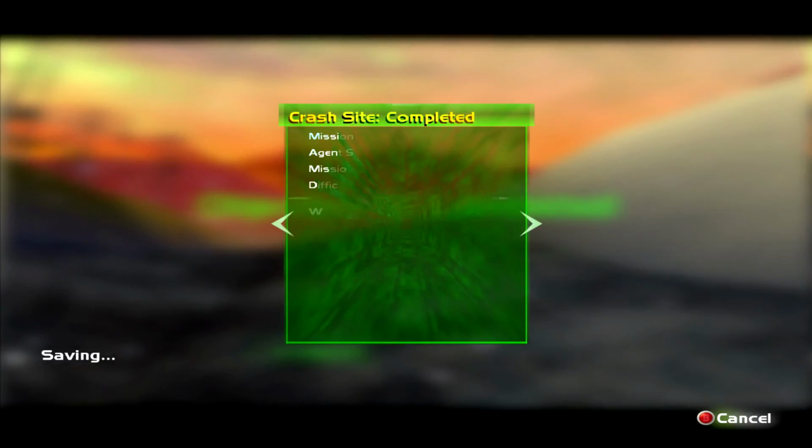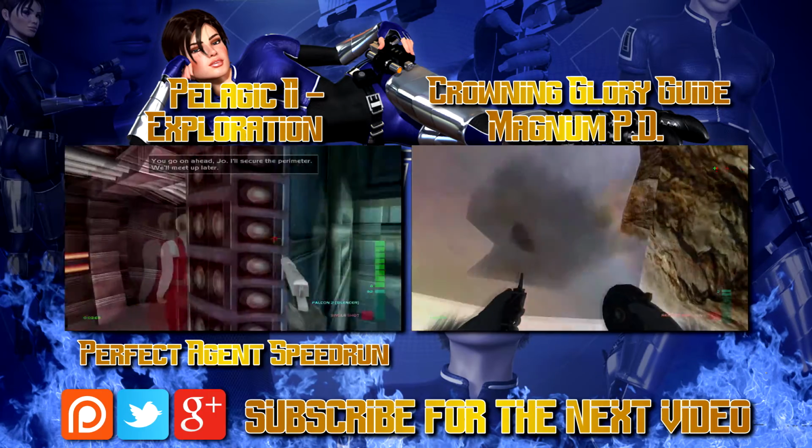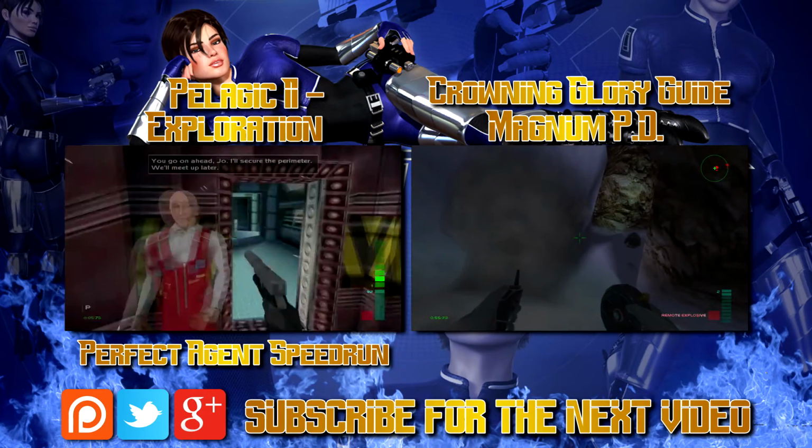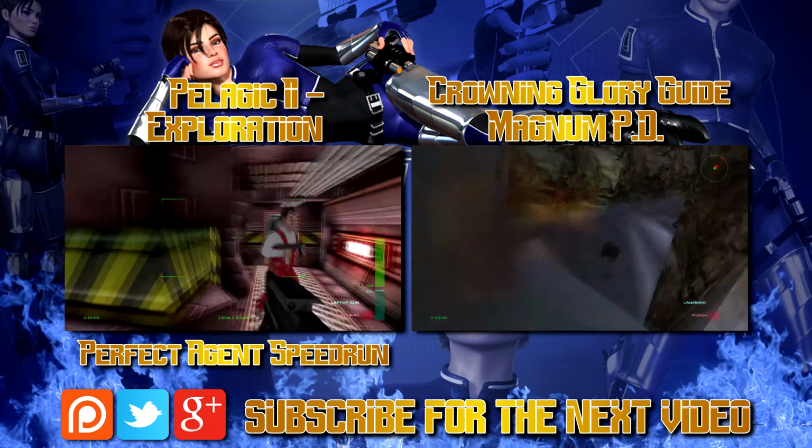The next level in the Perfect Agent speedrun is Pelagic 2 Exploration. You can watch this by clicking on the video to the left. There's also an individual crown for this level called Magnum PI, and you can watch that by clicking on the